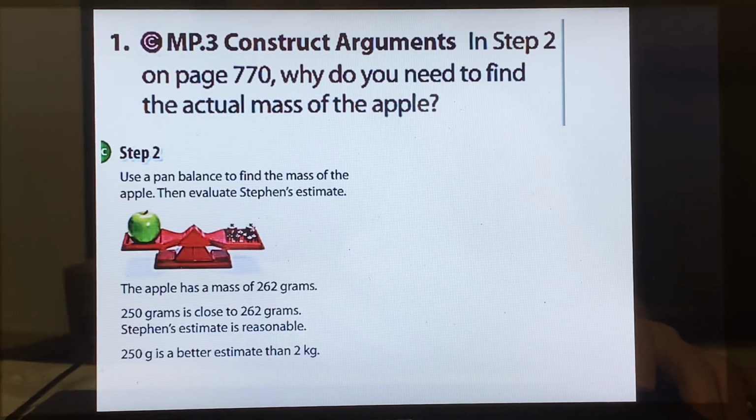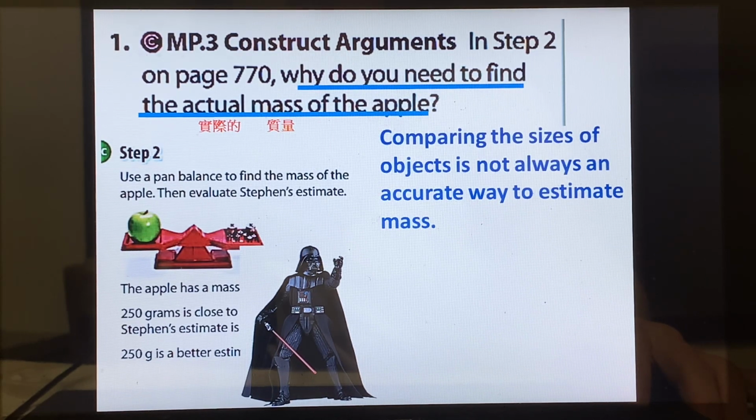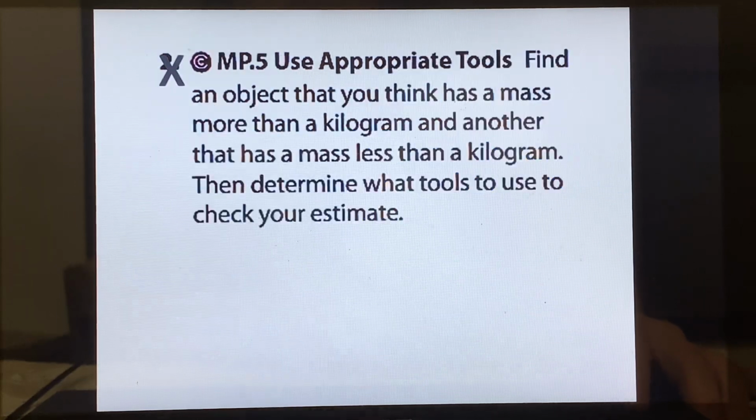Question 1. In step 2 on page 770, why do you need to find the actual mass of the apple? 在这个 step 2里面，他用了一个天平去把这个 apple 实际的质量测量出来。为什么要这样做？Comparing the sizes of objects is not always an accurate way to estimate mass. 因为呢，比较两个东西的大小，这样的方式并不总是一个正确的方法来测量质量。You need to find the mass in grams or kilograms to determine whether 250 grams or 2 kilograms is a better estimate. 那你还是必须要呢，把它到底质量是几公克还是它是几公斤，把它测量出来，才能够知道到底250克还是2公斤是比较对的一个估计。